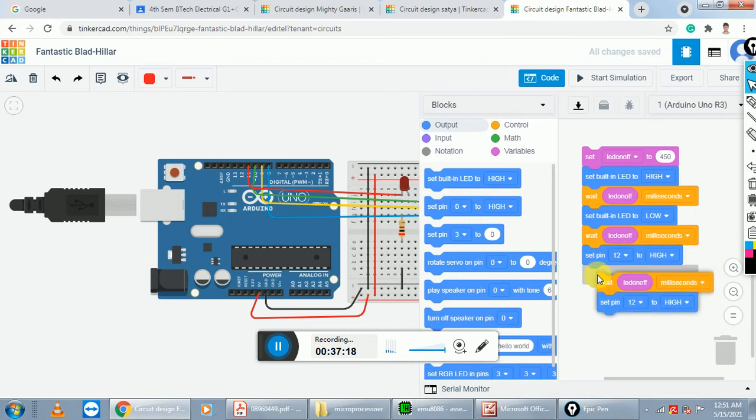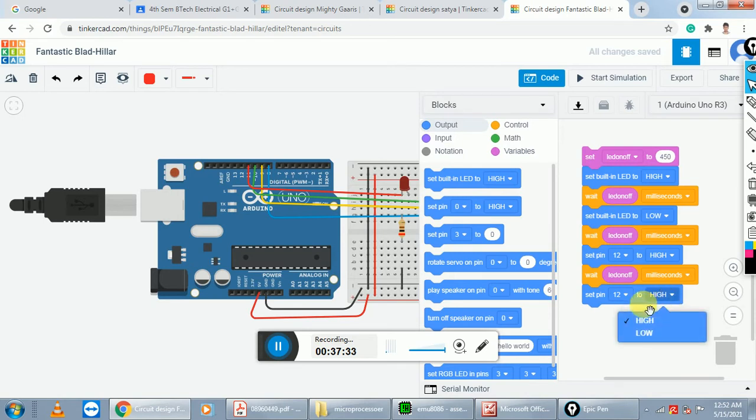So duplicate here. Okay, high, and then after give a delay function, and pin 12 is then low. So after a few seconds, milliseconds, it's low. Again copy, duplicate this block, and